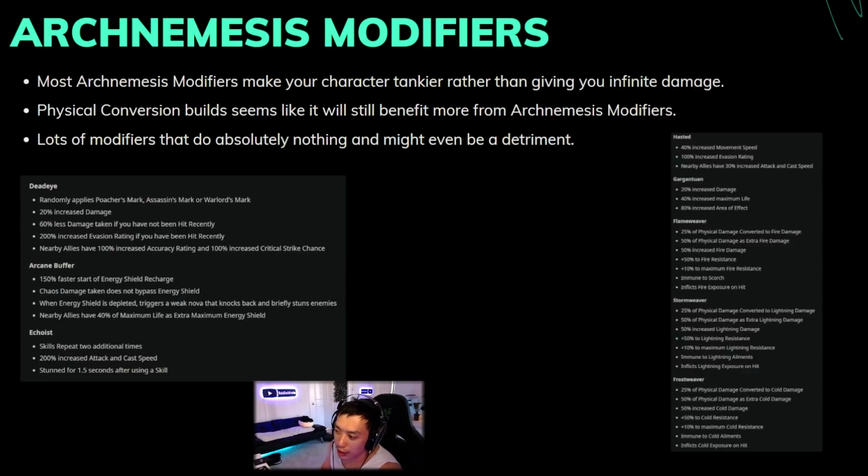Echoist is pretty good as long as you're not using Whirling Blades and you're going backwards. But the fact of the matter is that lots of modifiers do absolutely nothing. It might even be a detriment. Like Ice Prison actually encases you in some ice thing, which is really, really annoying. And another thing to note is that physical conversion builds do seem like they benefit more from Arch Nemesis modifiers